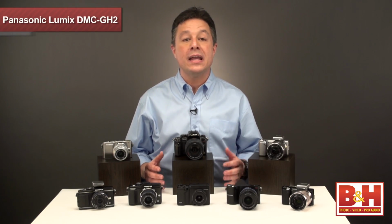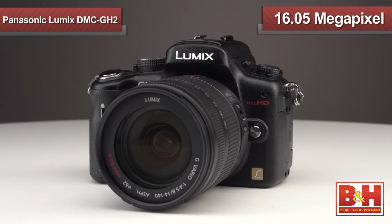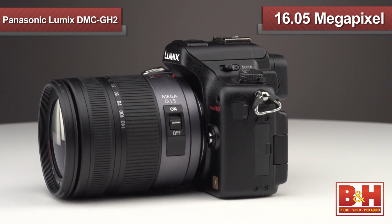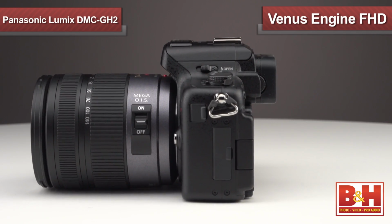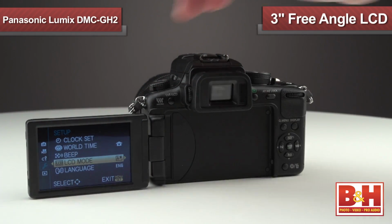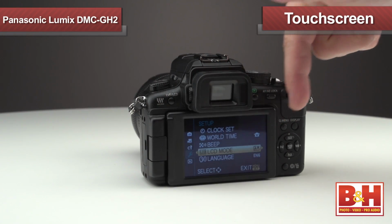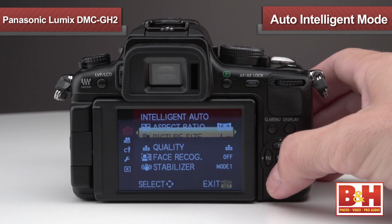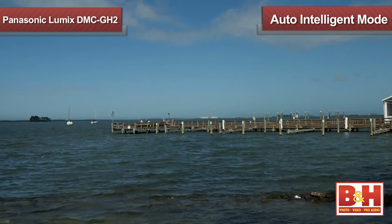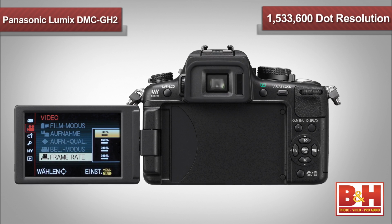Moving on to Panasonic, the Lumix DMC GH2 has a 16.05 megapixel CMOS image sensor supported by Panasonic's Venus Engine FHD. On the back you'll find a 3-inch 460,000 dot resolution free angle LCD with touchscreen camera controls. And this camera has an auto intelligent mode for both stills and video capture. The Live View electronic viewfinder has a